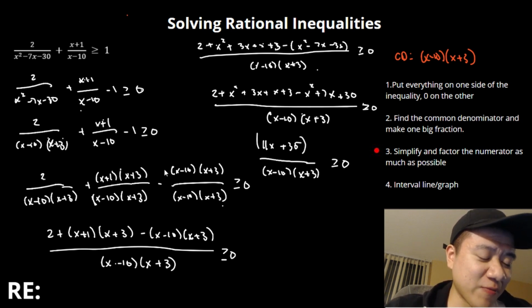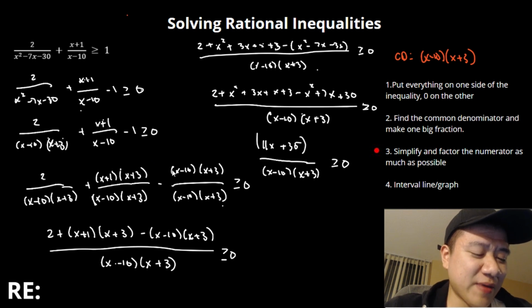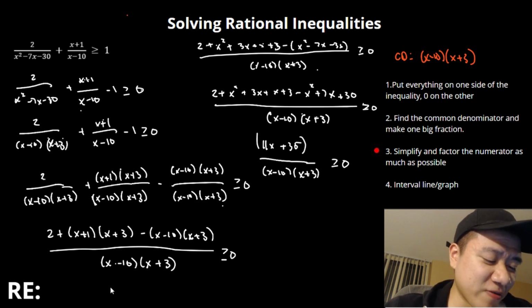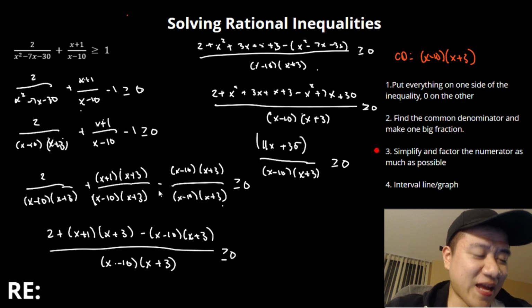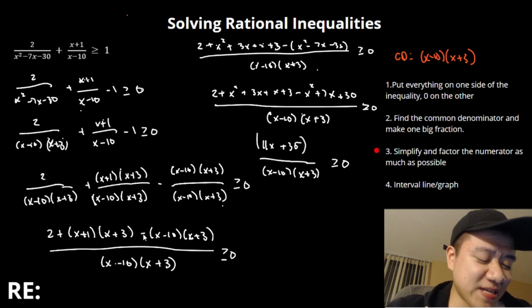So notice that when we moved the 1 over, this is -1, and when we changed it to fit the common denominator, it became this. So once we put it over the fraction, notice we still kept the negative sign over here, just like how we did in solving the rational equations. This is very important. So this negative is actually going to affect all the terms over here once we FOILed